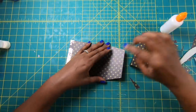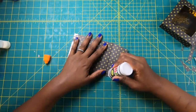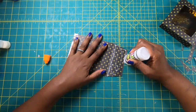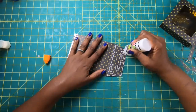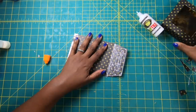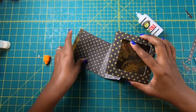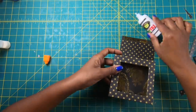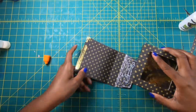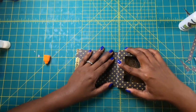So we are going to take this piece and place some glue on it. And I'm going to place glue fairly close to the score line. But we want to get this nicely glued because we don't want it coming up. So then I'll bring this and I'm going to make sure that my opening is facing this. So here's my opening, and it needs to be facing up so that it matches up with that. So I'm going to take this and put it down